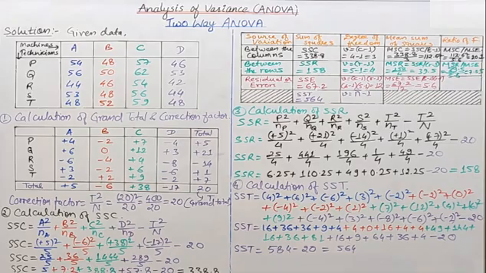When we subtract 50 from the table, the value 54 will be reduced to 4, and when we subtract 50 from 56, the value will be plus 6. When we subtract 50 from 44, the value will be minus 6. So similarly we have prepared this table, with the values of column A, column B, column C, and column D.